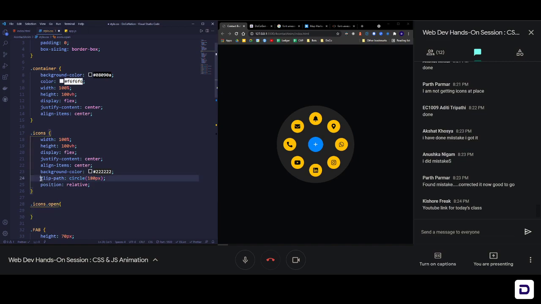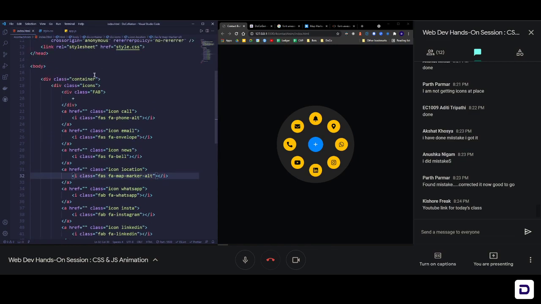So what happens is that whenever icons and open both are together, the clip path circle is going to be very small, just the amount that we need there. So if I say like 40 pixels, and this is going to be icons.open, okay, so by default this is going to be, otherwise it's going to be this.